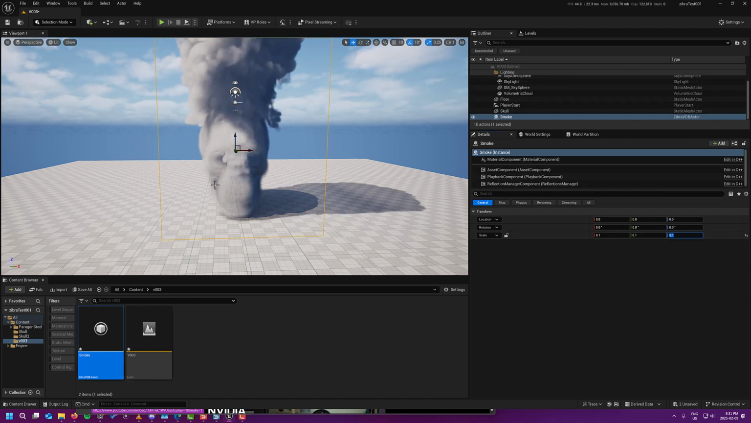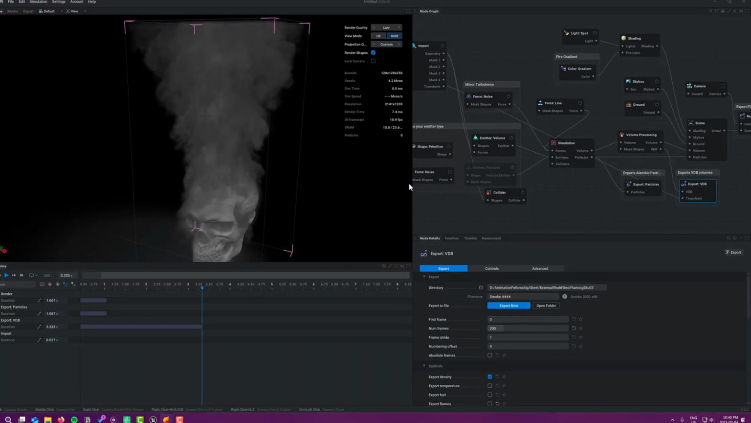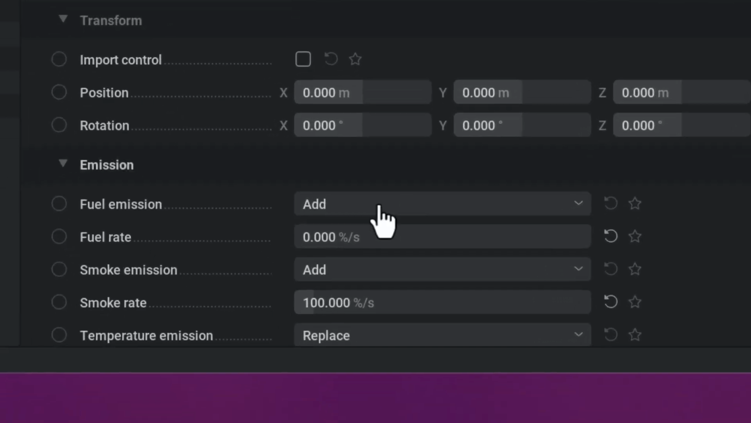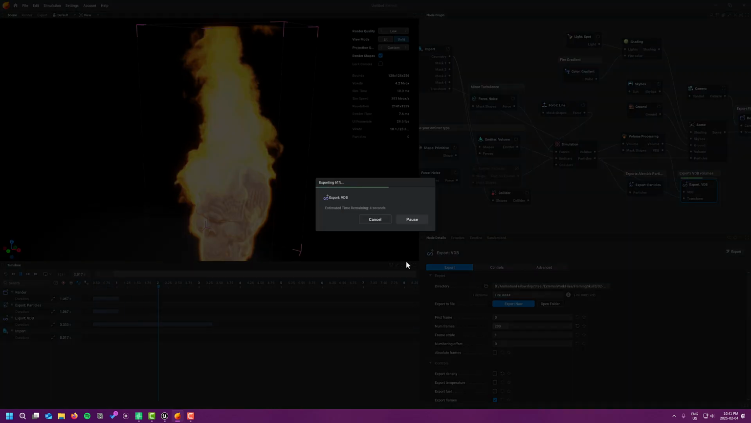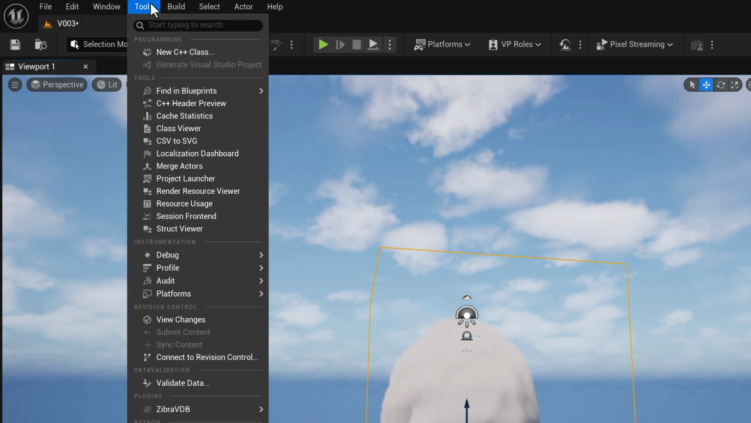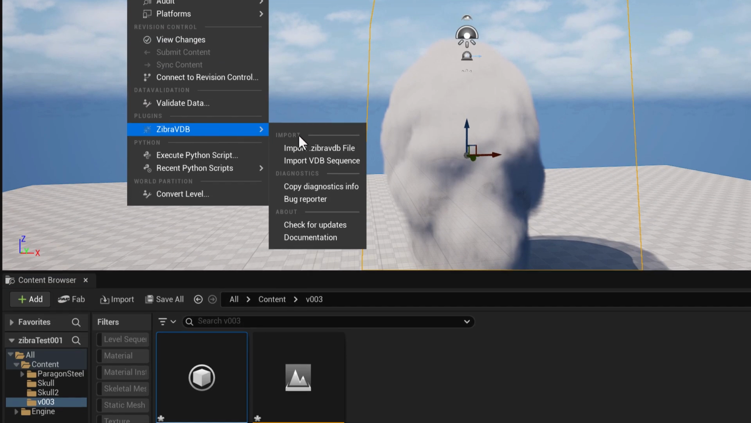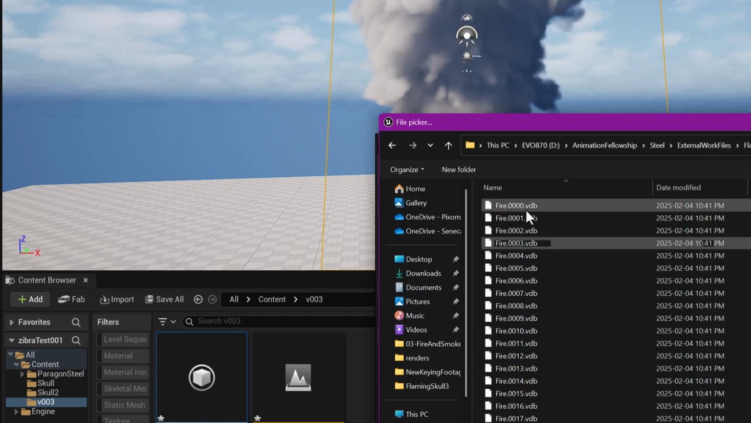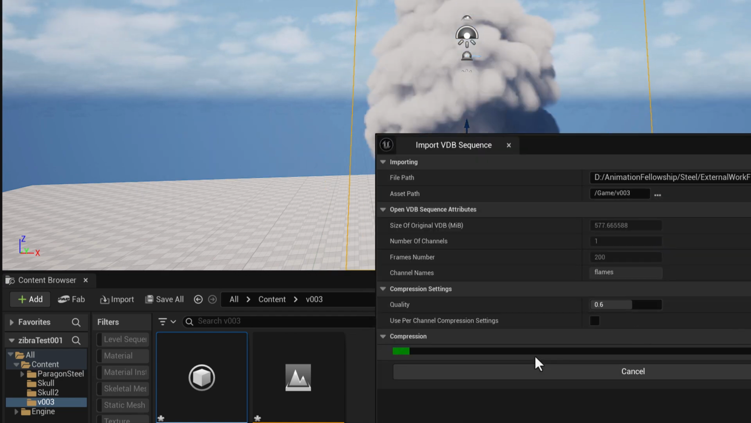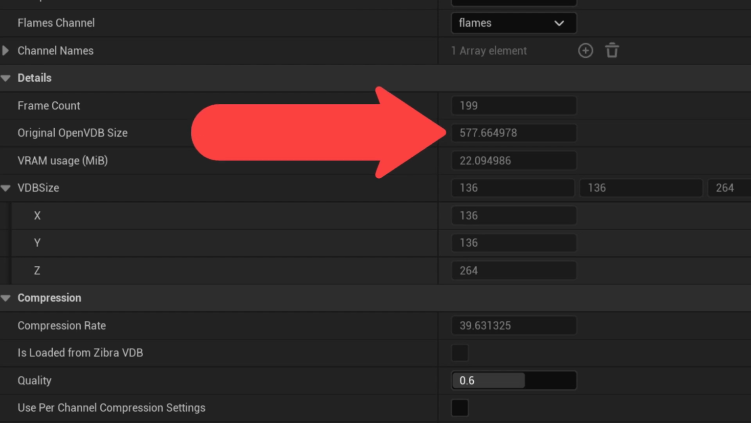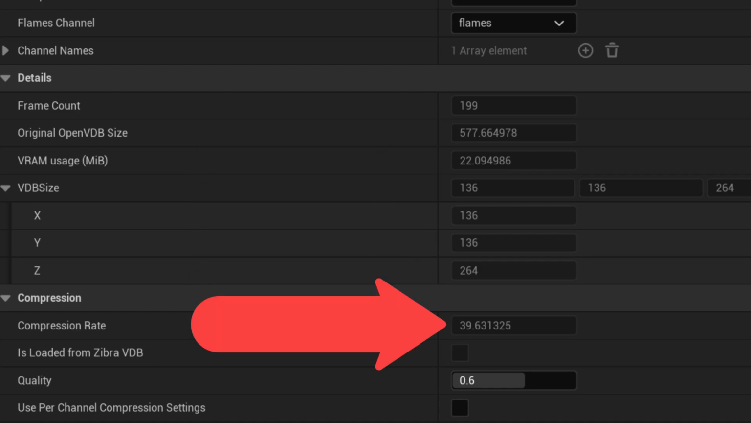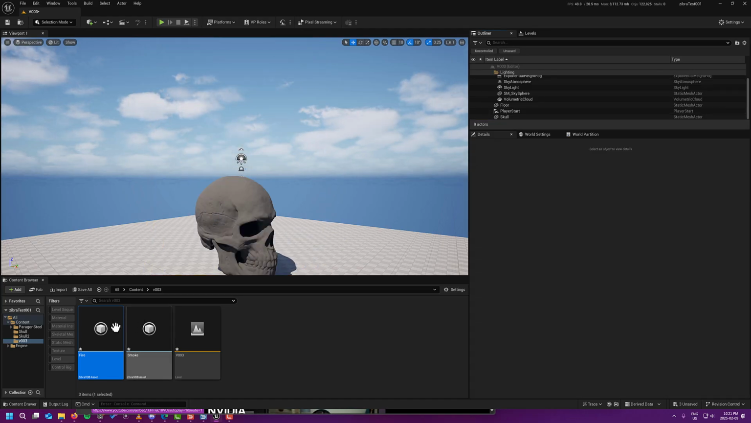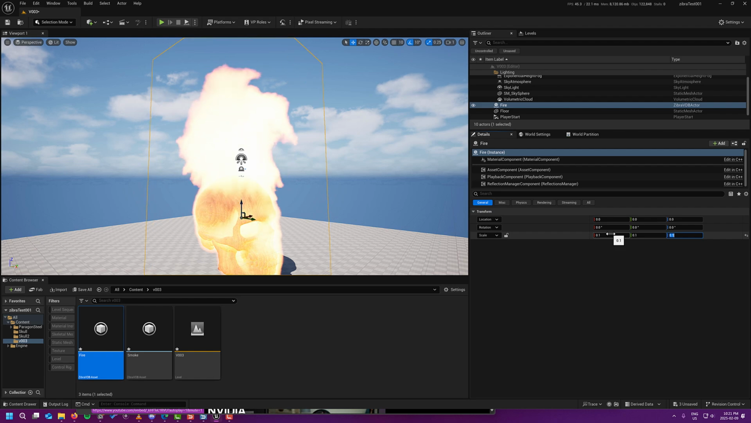What if we wanted to have flames coming off the skull? I'll go back into EmberGen, go into the emitter, and turn on fuel emission, and turn off smoke. Now I'll make sure that I export out the flames. I'll export that, giving it the file name Fire. Inside of Unreal, I'll go to Tools, Zibra VDB, and then Import VDB Sequence. I can see this was 577 megs, compressing it down to 22 megs, which is 39 times smaller than the original. I'll delete the smoke and then add the fire, which will give me the same result I had inside